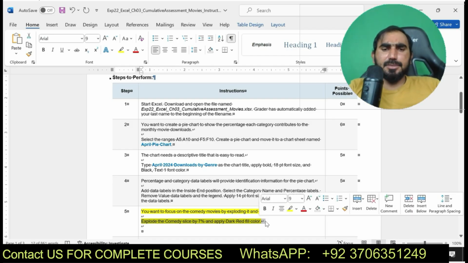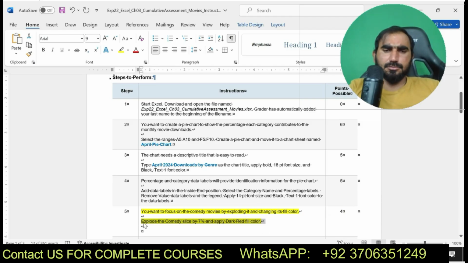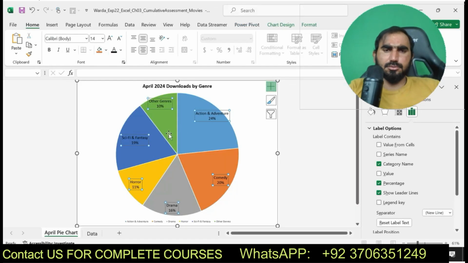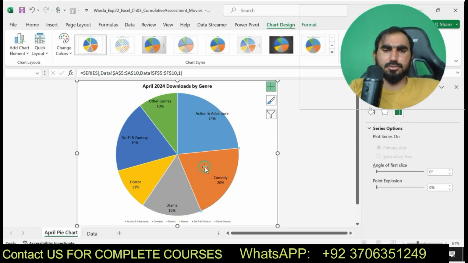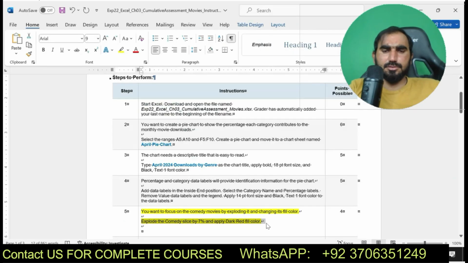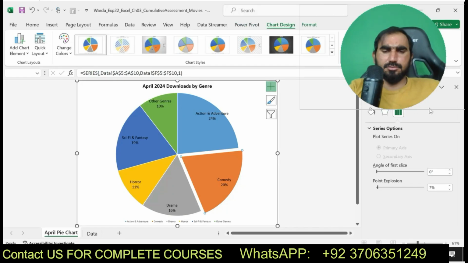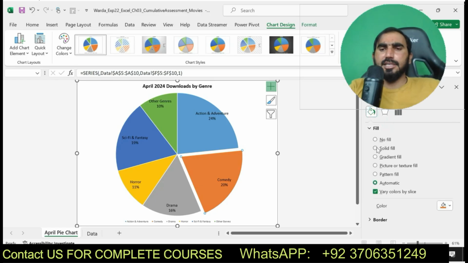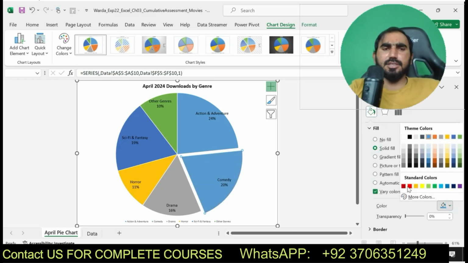Explode the Comedy slice by 7% and apply the dark red fill color. Fill color solid and dark red fill color. Now I'm going to do this one.